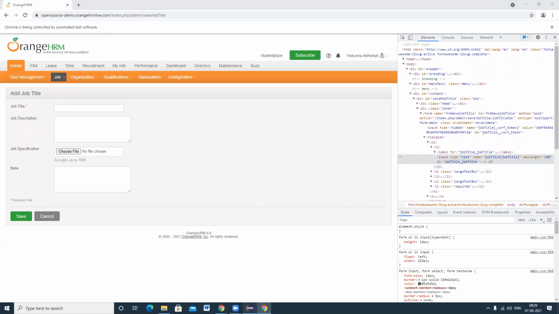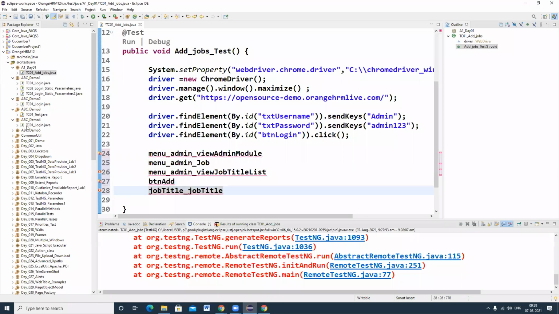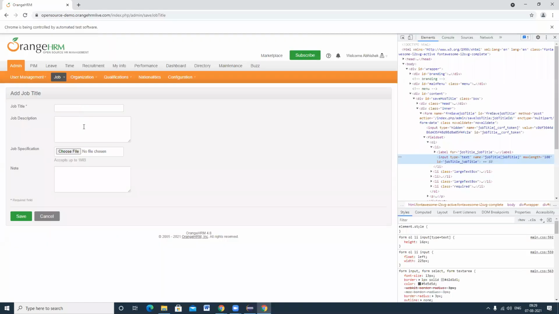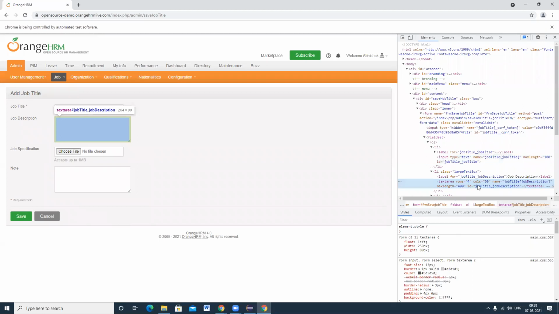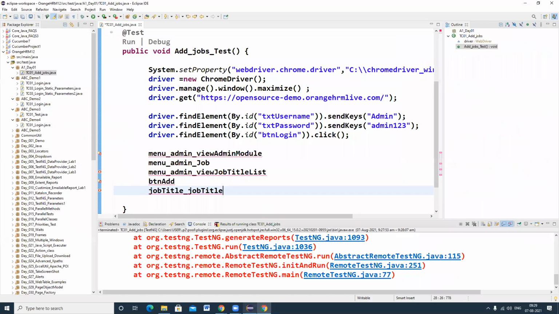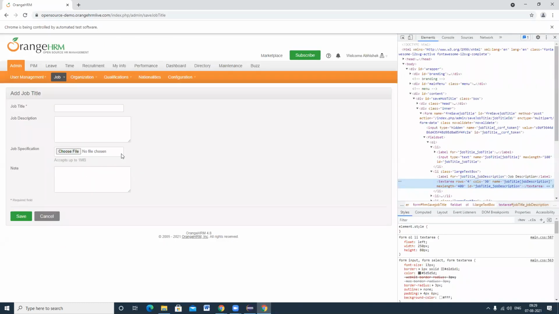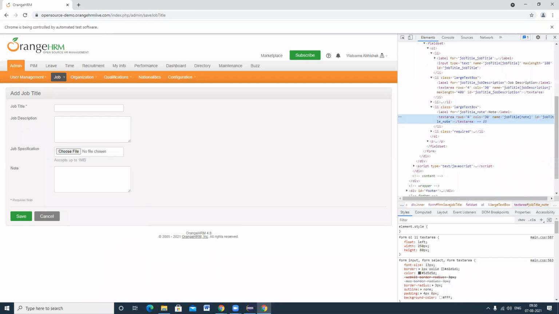Is this a send keys or click operation? This one, send keys. Then job title underscore job description, this is also send keys. I'm not automating job specification, I'm ignoring this part. And ID is equal to job title note.